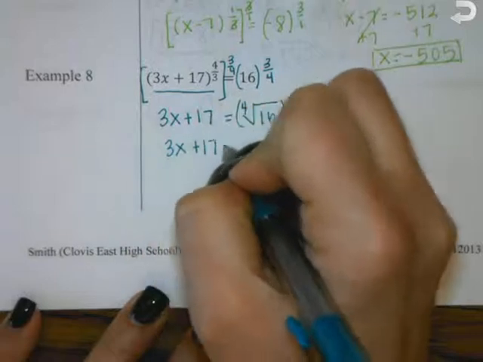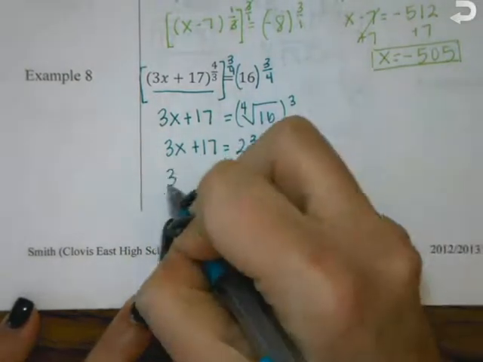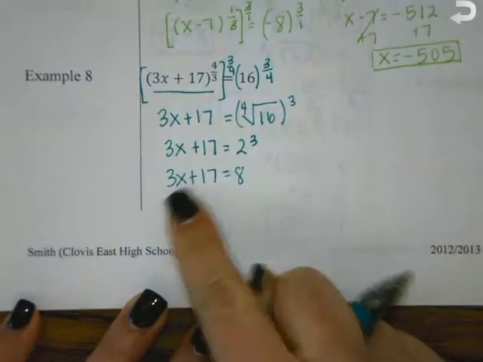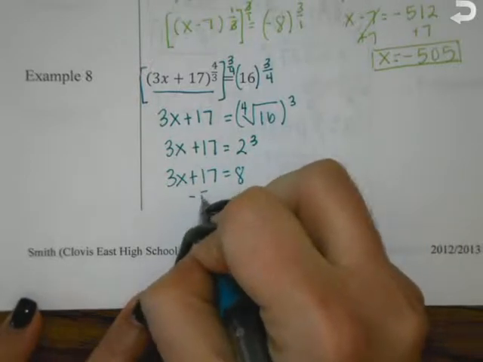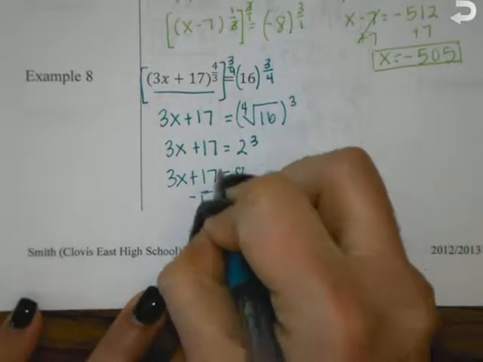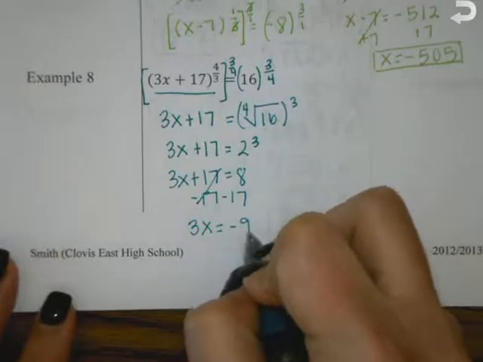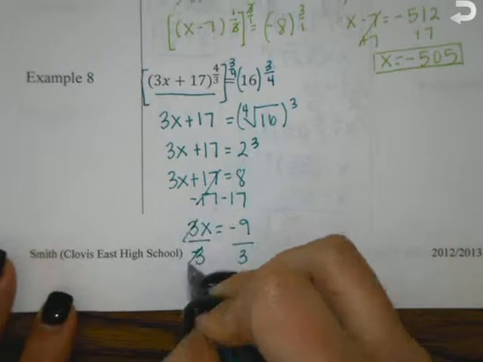Fourth root of 16 is 2, and 2 to the 3rd is 8. So that gives us 3x plus 17 equals 8. And then solving this should be a piece of cake. Subtract 17. So 3x equals negative 9. Divide both sides by 3. So you end up with x equals negative